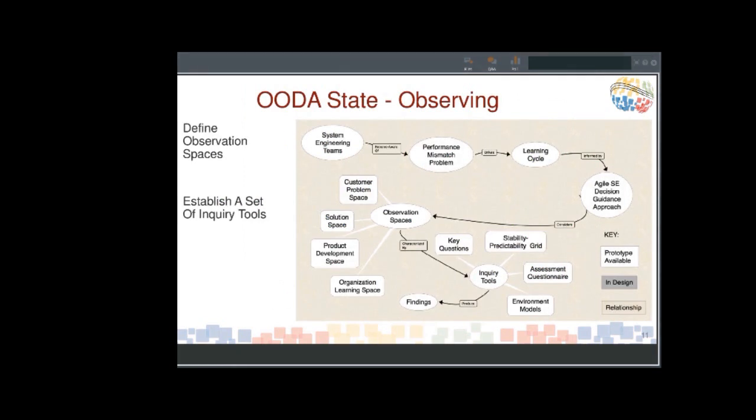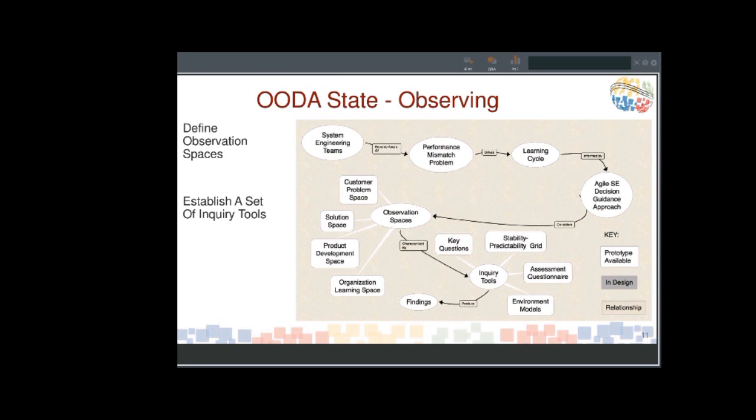So let's go through each of those steps. Let's talk about observing first. And really, I've already talked about how a team actually gets to even want to look at decision guidance. But what we've created, in the observing activity, is 4 observation spaces: the customer problem space, the solution space, the product development space, and the 4th one around the organization